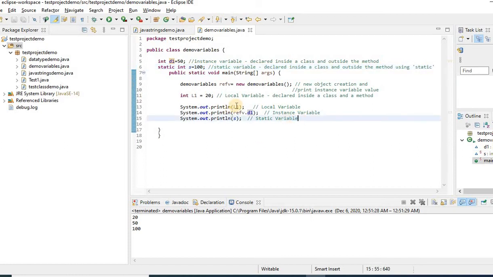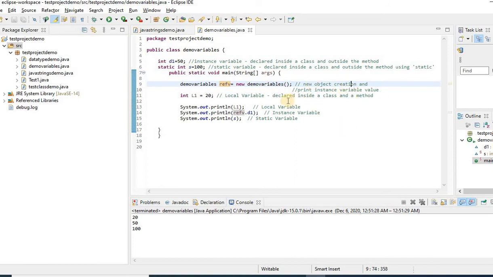You see here L1 is the local variable. To observe here, since d1 is declared outside the main method, we know that other than a static variable, this variable cannot be directly printed on the output screen. It needs a reference variable, with a new object created.